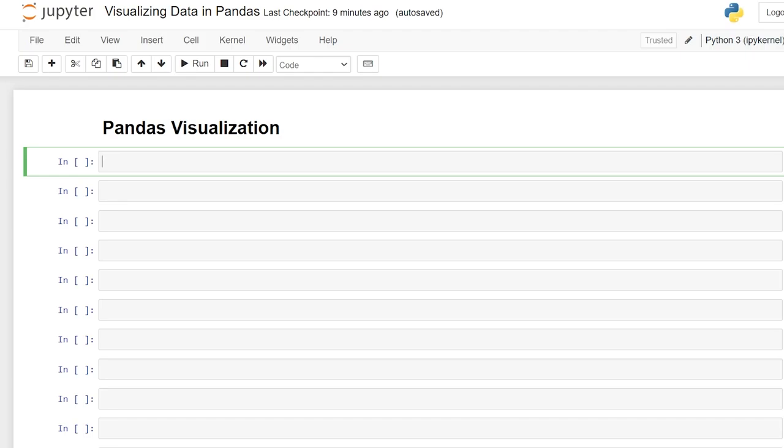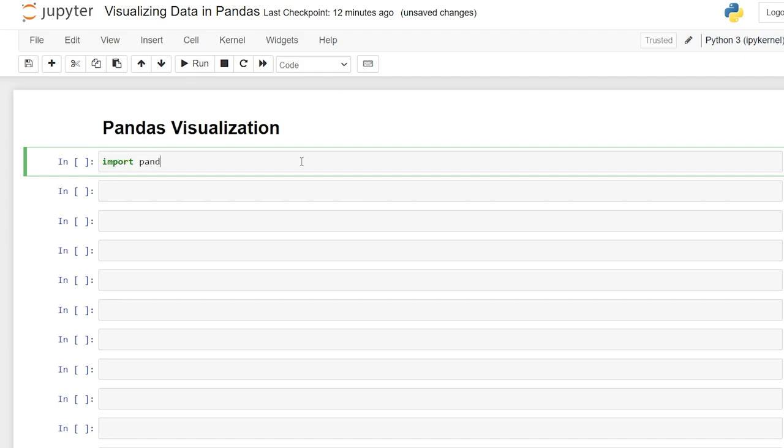Hello everybody. Today we're going to be building visualizations in Pandas. In this video, we'll look at how we can build visualizations like line plots, scatter plots, bar charts, histograms, and more. I'll also show you some of the ways that you can customize these visualizations to make them just a little bit better. With that being said, let's go right over here, start importing our libraries, and we'll start with